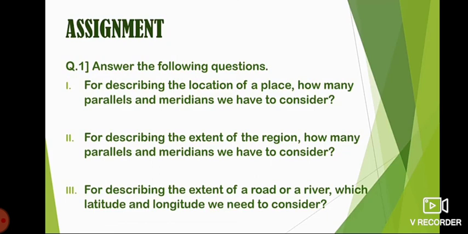Okay, so here we are going to stop, and today we have just learned how to make use of the graticule, and we have seen only about the country, that is Brazil. Yeah, you can also find out the location of other countries. I hope you have understood each and every point which I have taught today.